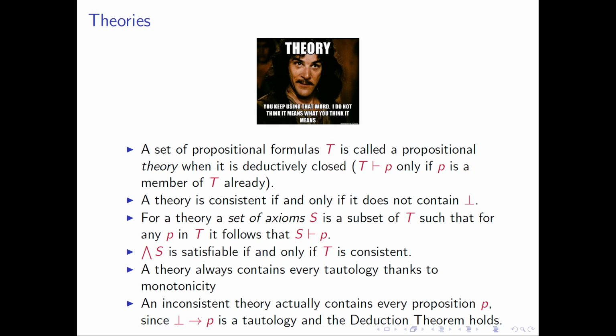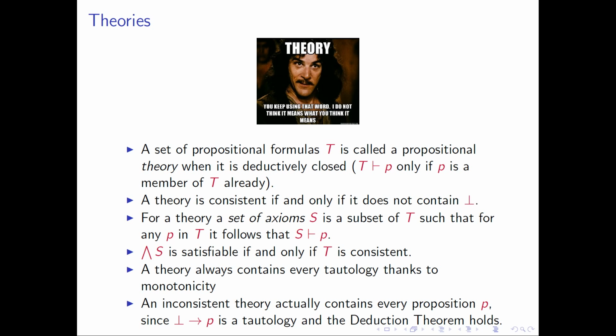A theory is known as consistent if and only if it does not contain the false symbol. For a theory, we can abstract it as a set of axioms. A theory contains infinitely many formulas because it also contains every tautology, because of the theorem of monotonicity. So we can characterize a theory by just some set of axioms, which is some subset of T,